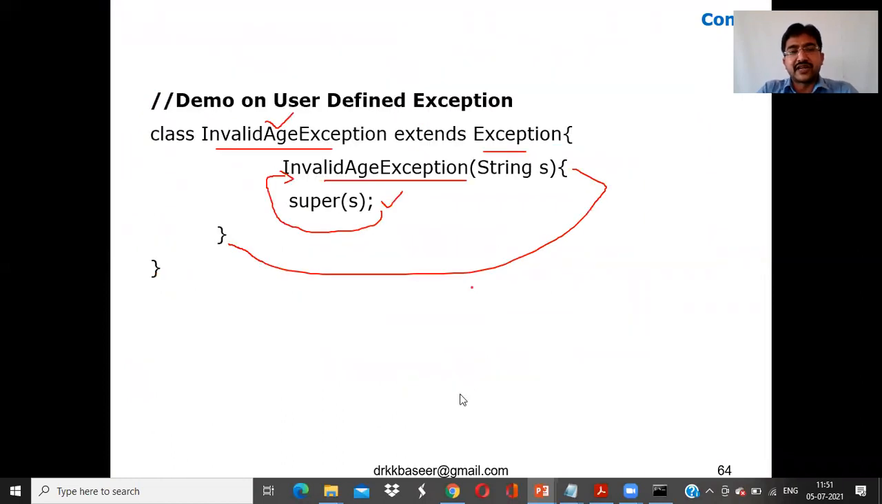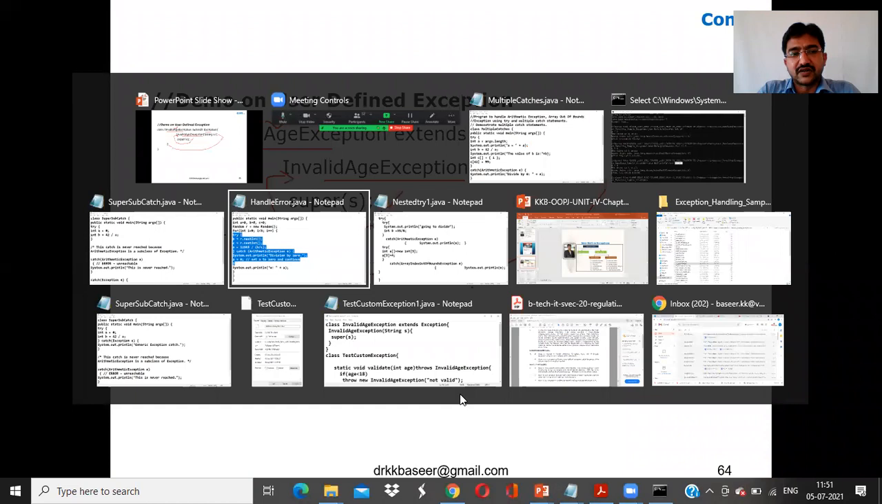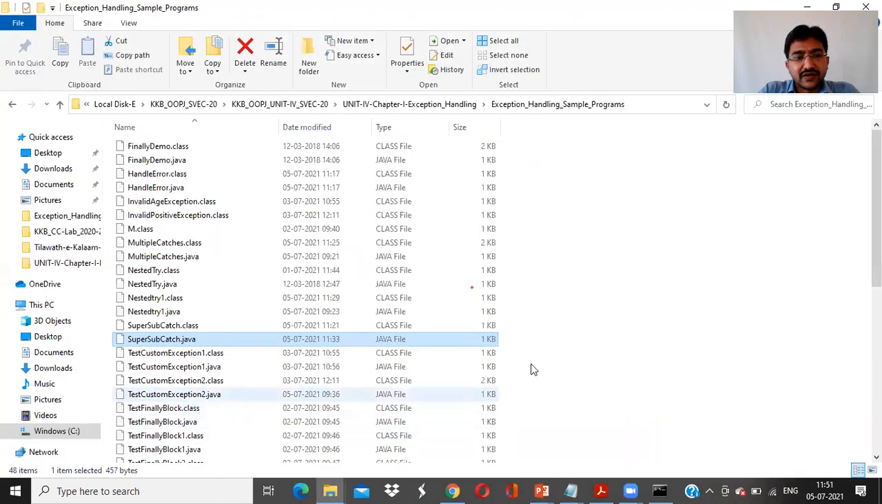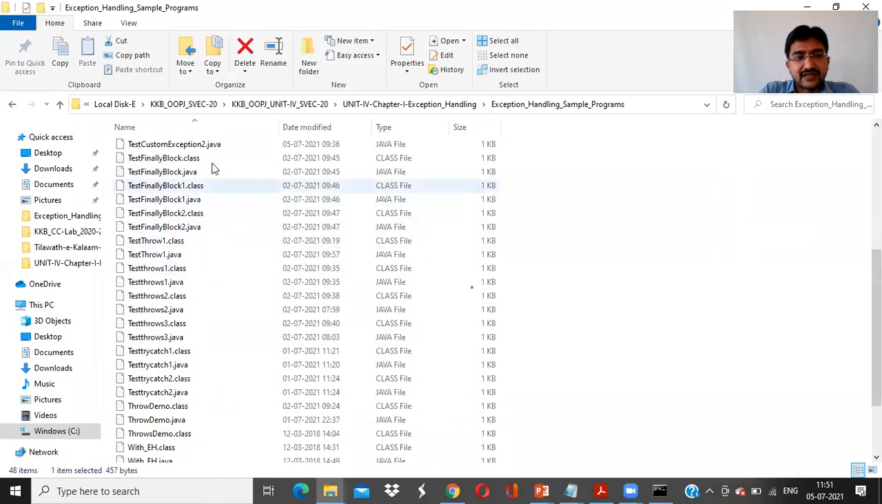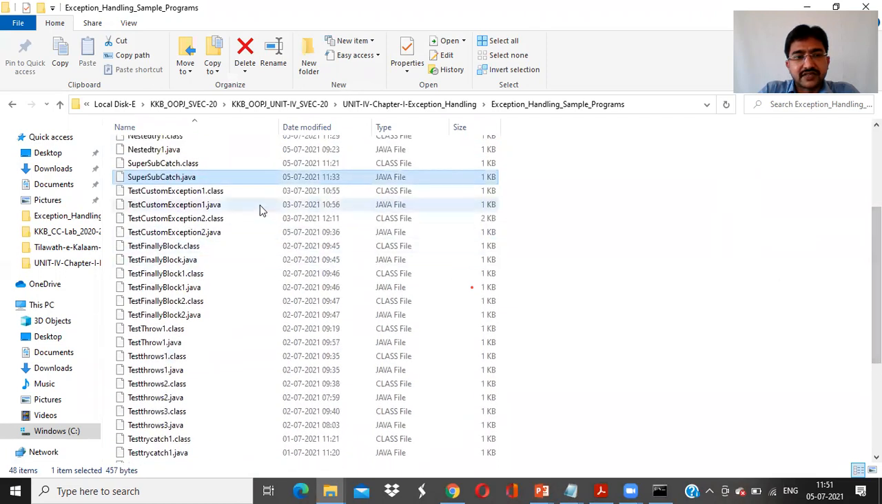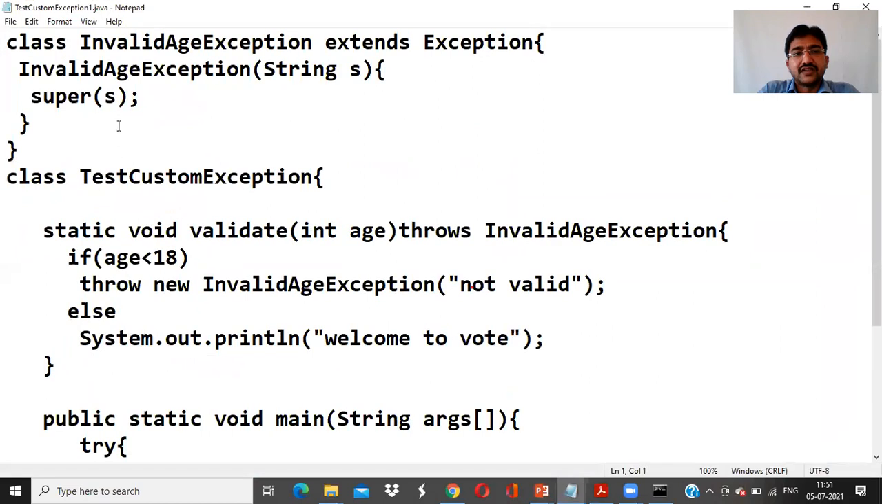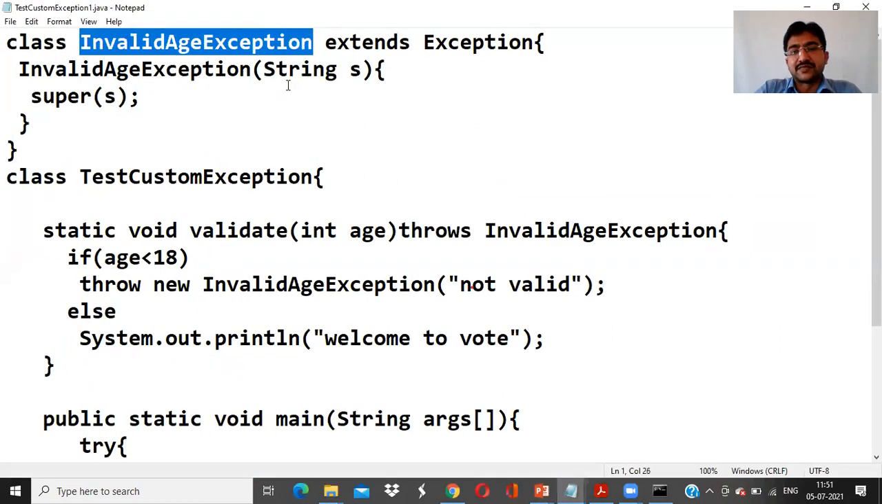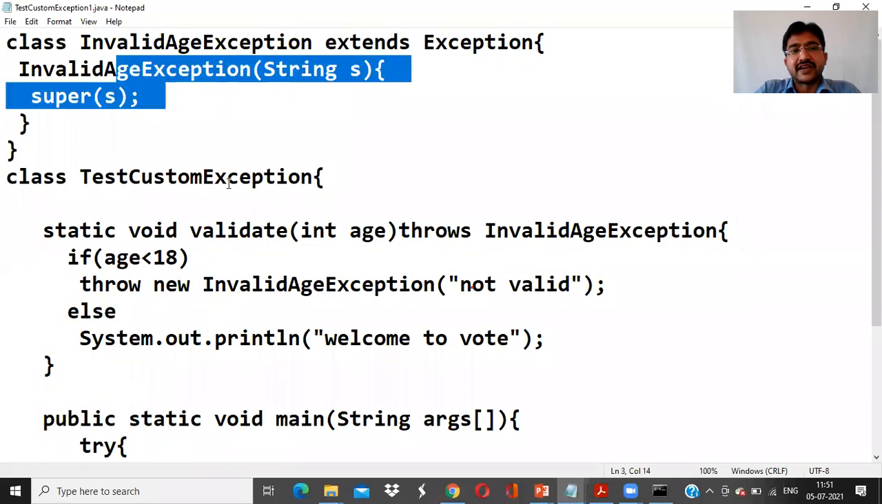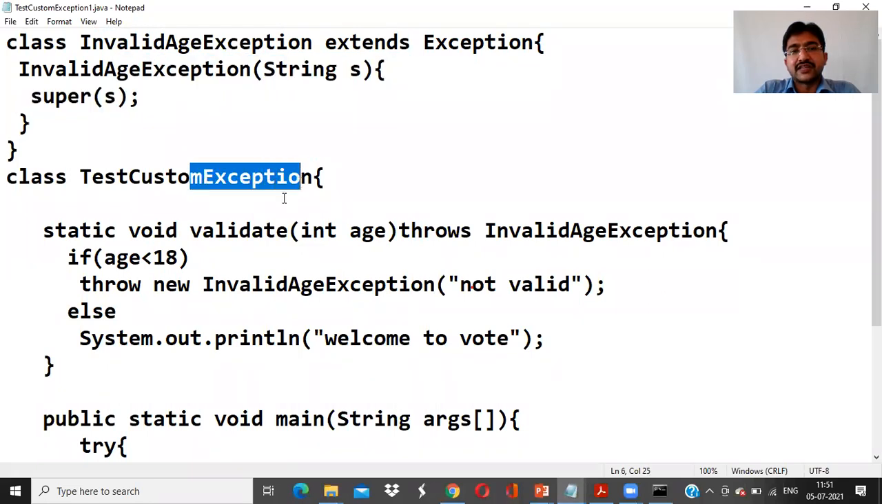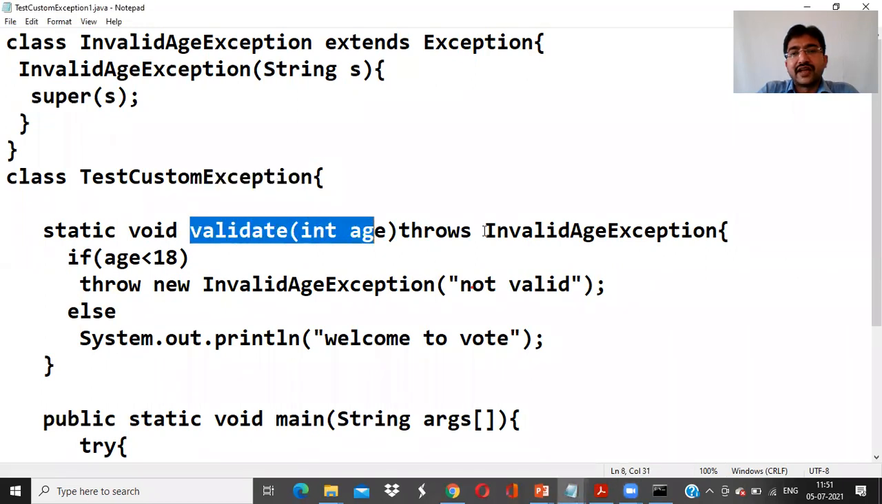Now let me run this same program. Here is the custom exception code. So here I'm creating a class called the user defined invalid age exception class, and this is a constructor I'm creating. I'm creating one more class to call the main method, and inside the method I'm going to call the valid method,